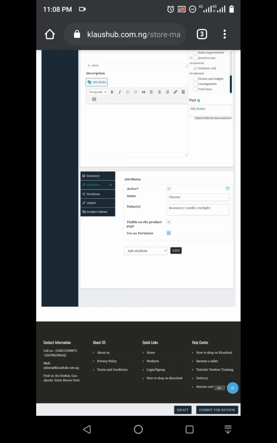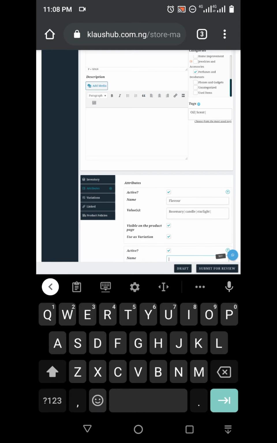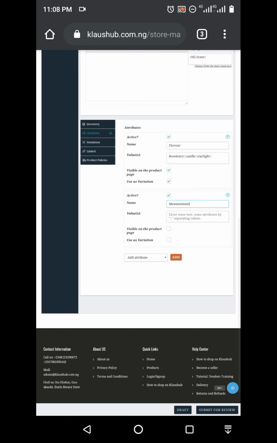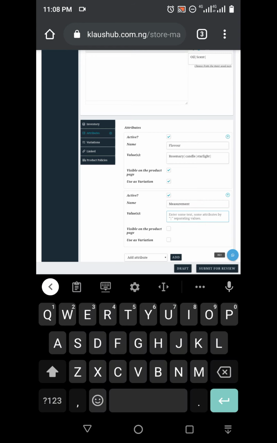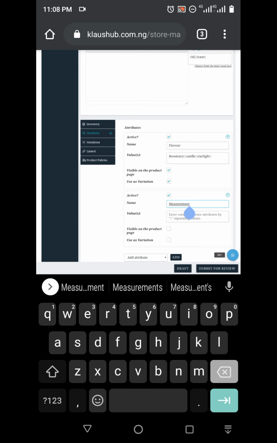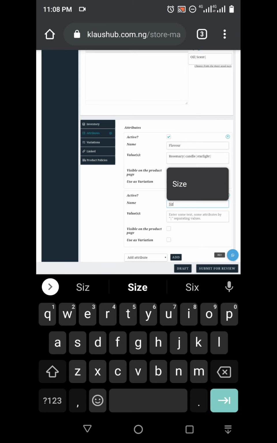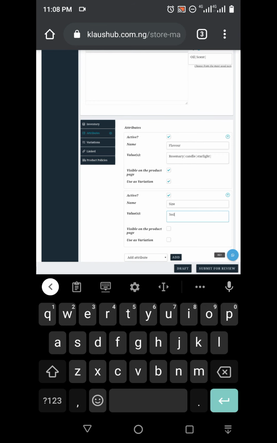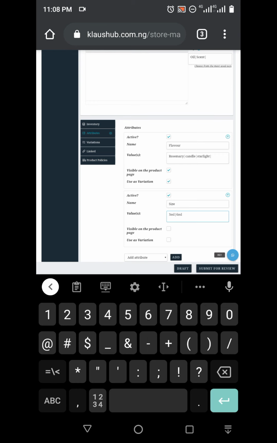Now we can decide to add the measurement. Now measurement can include, or we can use measurement of size. What's the size? Now I said size can be values, can be numbers. Now what's the size? We have 3 ml, 6 ml,